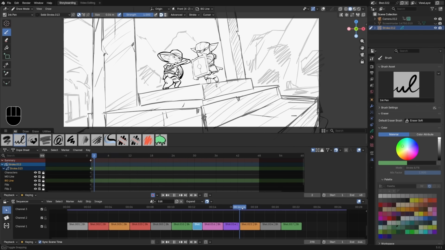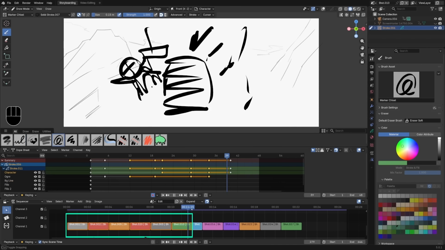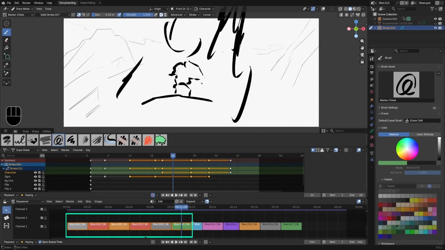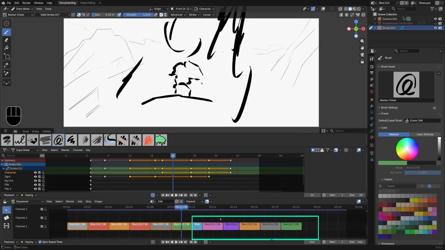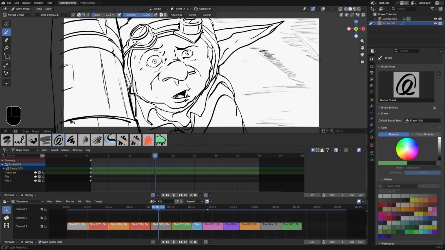So what we're going to talk about now is, when I created all these shots to begin with, you can see they're all the same. All these ones here are the same length because this is the length. Some of these have been manipulated down here, right? So they're longer and shorter. But